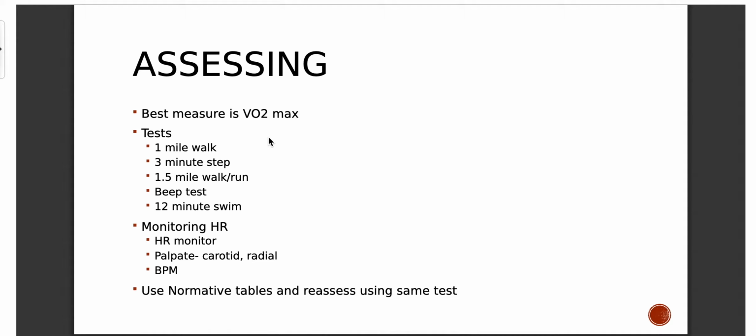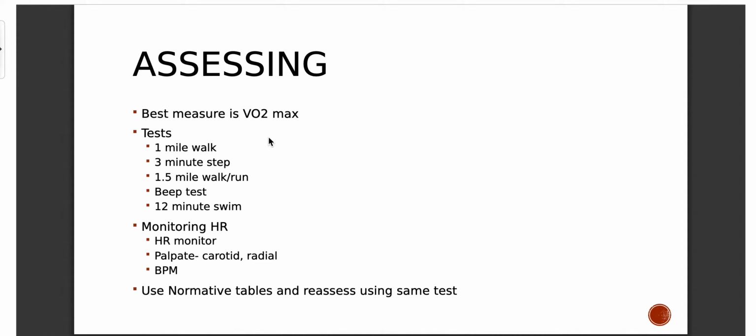And realize heart rate is measured in BPM, or beats per minute. How many times did your heart beat every single minute? And the way we'd use that for assessment is if we said that you were going to walk a mile in 20 minutes. So that's what you're going to do. We're going to walk 1 mile, and it's going to take you exactly 20 minutes. No faster, no slower. Well, if you did that the first time and you were untrained, your heart rate might